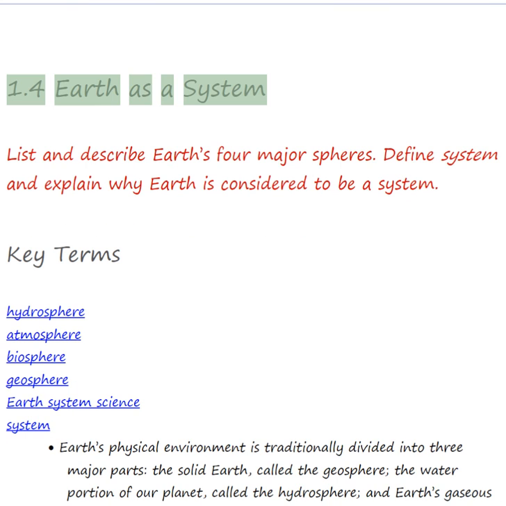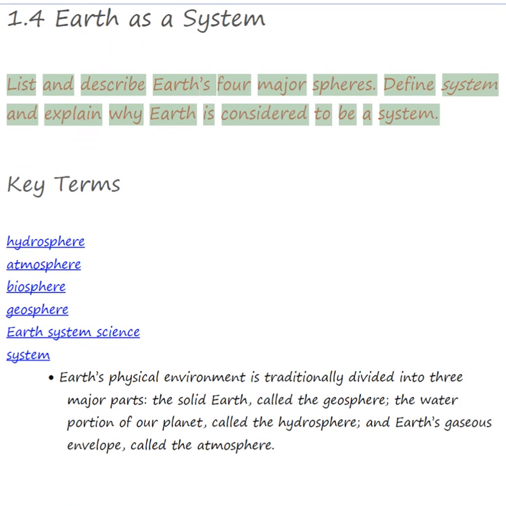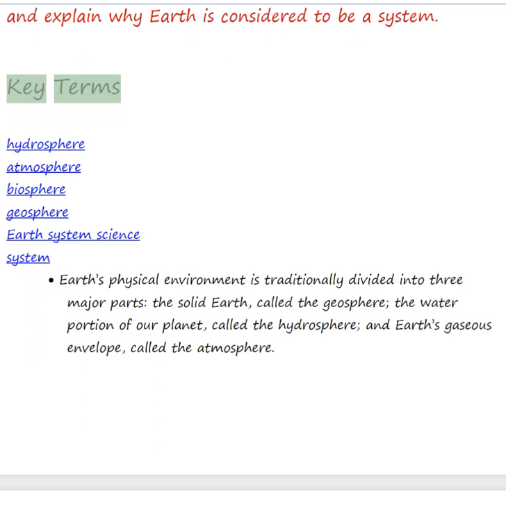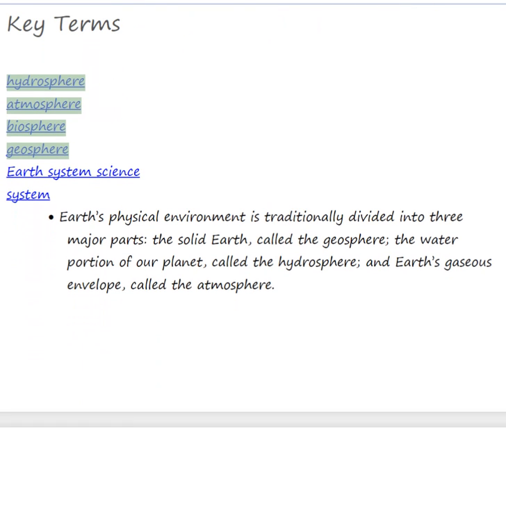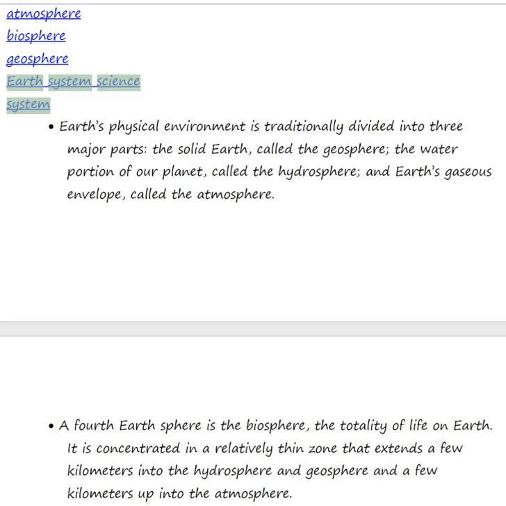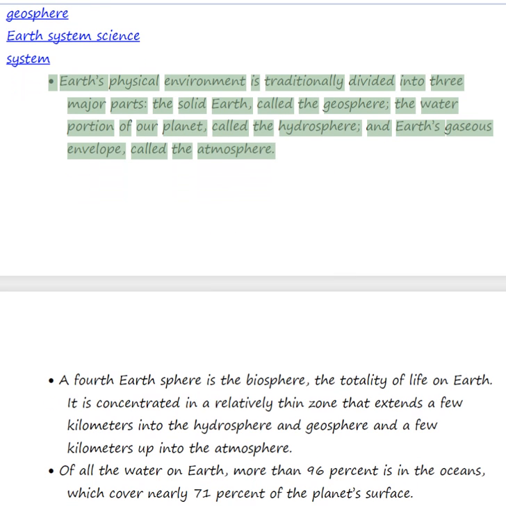1.4 Earth as a system. List and describe Earth's 4 major spheres. Define system and explain why Earth is considered to be a system. Key terms: hydrosphere, atmosphere, biosphere, geosphere, Earth system, Earth system science. Earth's physical environment is traditionally divided into 3 major parts: the solid Earth, called the geosphere,